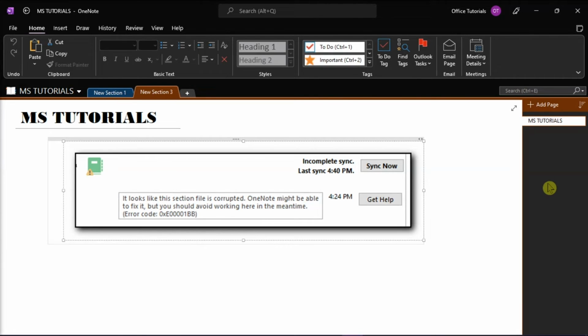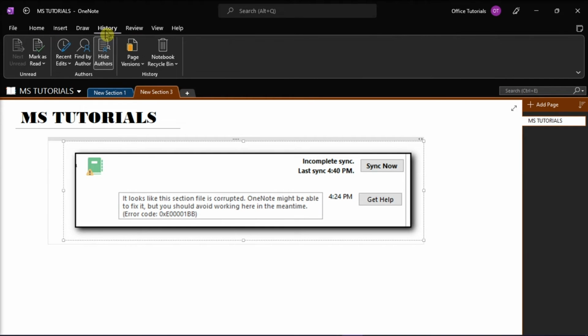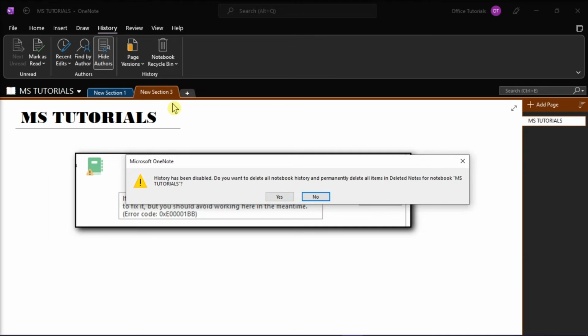Now, if that did not work, another method that you can try is to click on the History tab, select the Notebook Recycle Bin, and then choose the option Disable History for this notebook. Clicking this will ask you to delete all the files that are in the recycle bin, along with the older versions of the pages. Now you have to select Yes,